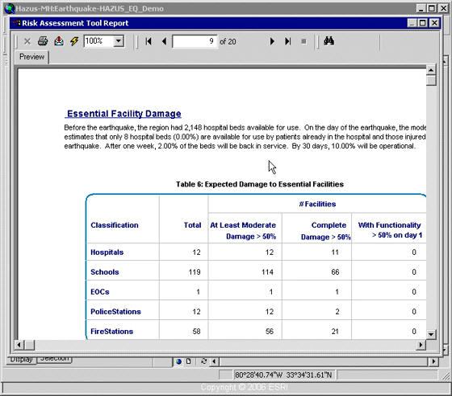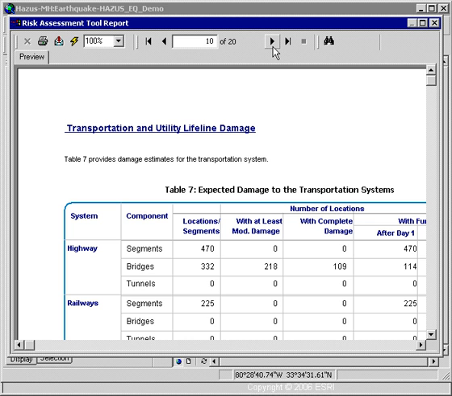So we can look, for instance, at what is our expected impact on essential facilities? How many hospitals might we see damaged? How many would be moderately damaged? How many completely? How many functional on the day of the earthquake? This information is very important from a planning perspective, and we can move through and keep looking at